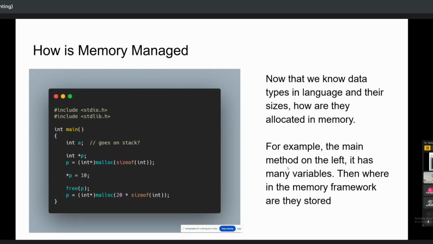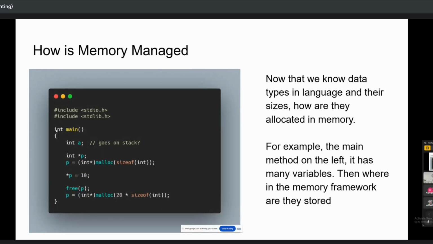But what about a simple program? The reason why I'm introducing this is that once we go to Java, it's going to be easy breezy. So this is a simple C program. As you can see, it has int A, and then it has a pointer. In C, the int P has an asterisk. Just imagine this is a Java object. This is actually how Java objects are created, but in C you have to manually free them once you're done with them,